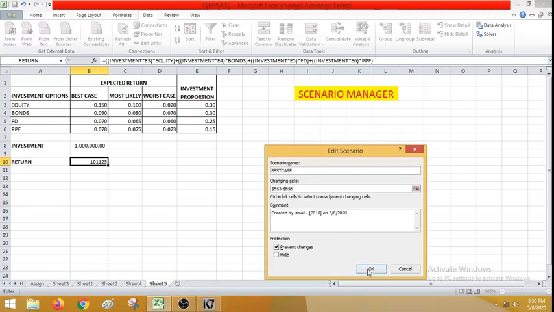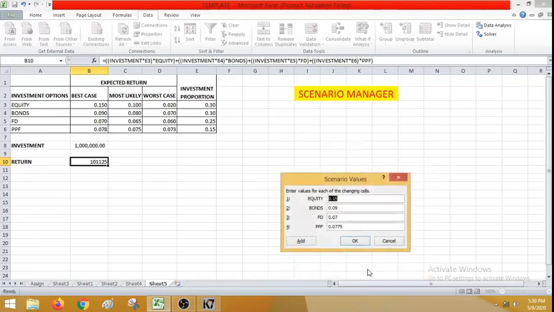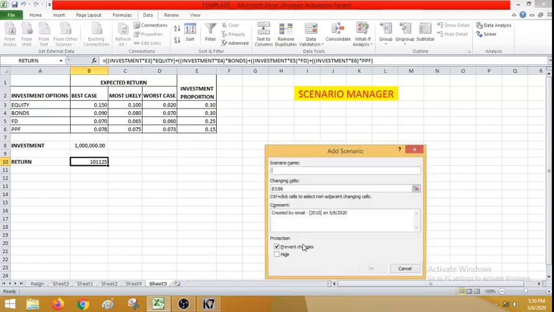Okay, right. So you can see here what is going to be the return. 15%, 9%, 7%, and here it is 7.8. Actually it is 7.75, right? Since I have used only 3 decimals here, it is showing as 7.8, but actually it is going to be 0.0775, that is 7.75%. Okay, add.